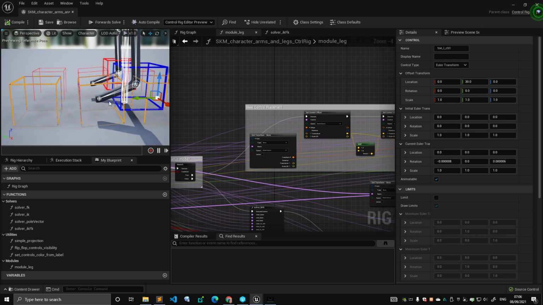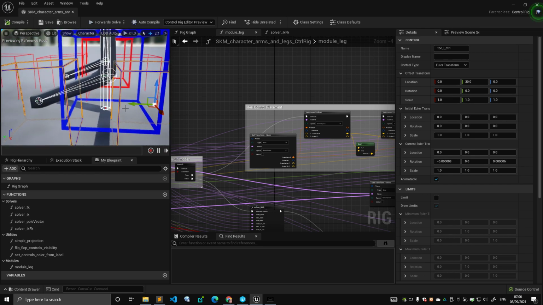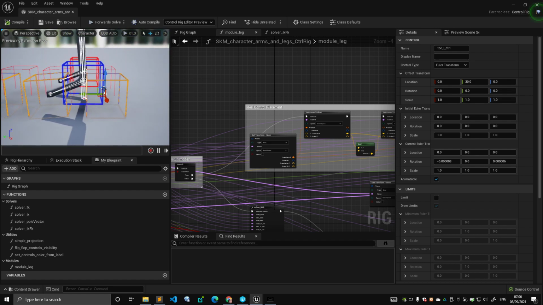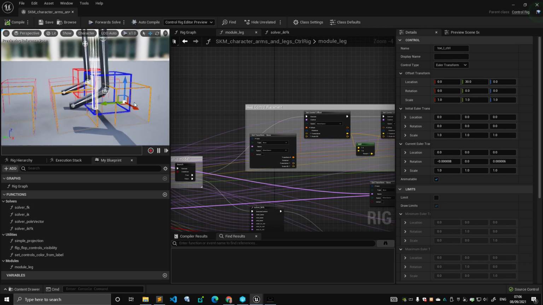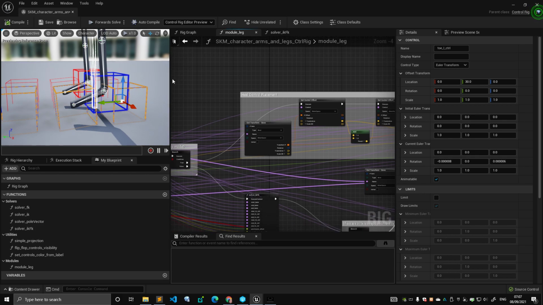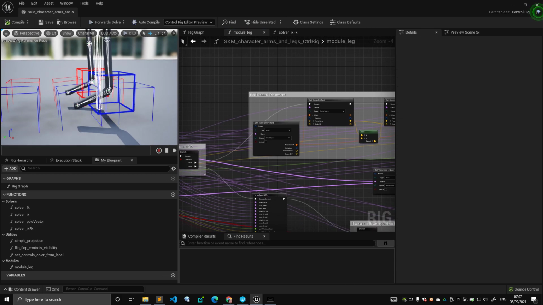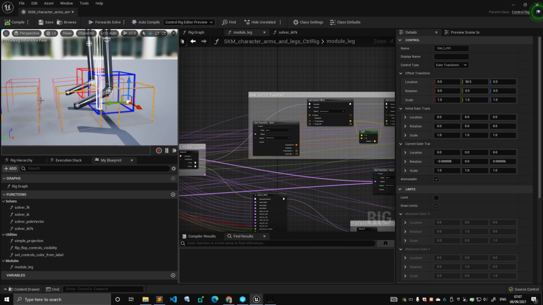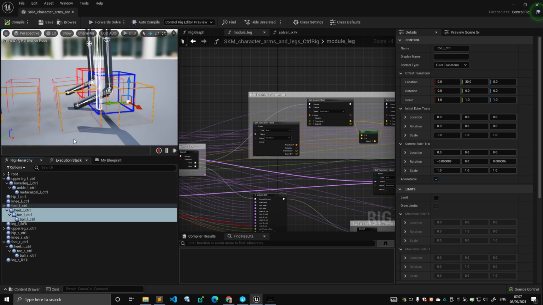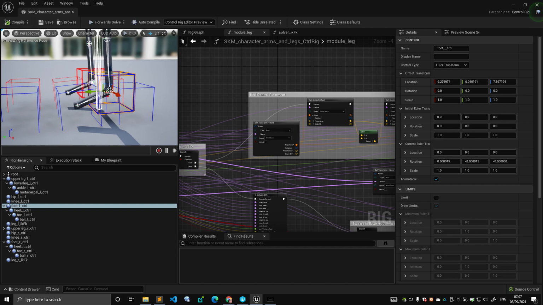The other two actually need to be placed mostly around the geometry. Okay, and what if we don't have a geometry? Right now we are building a generic module. We don't know how the geometry will look. So the idea here is that these three controls, 1, 2, 3, which are children of this guy, the main IK control,